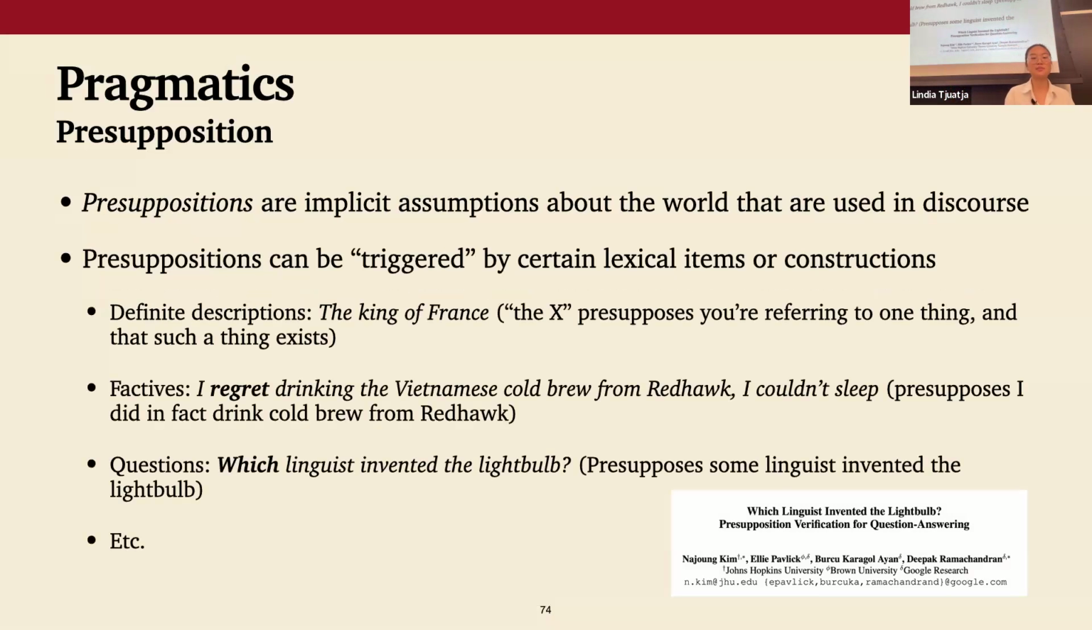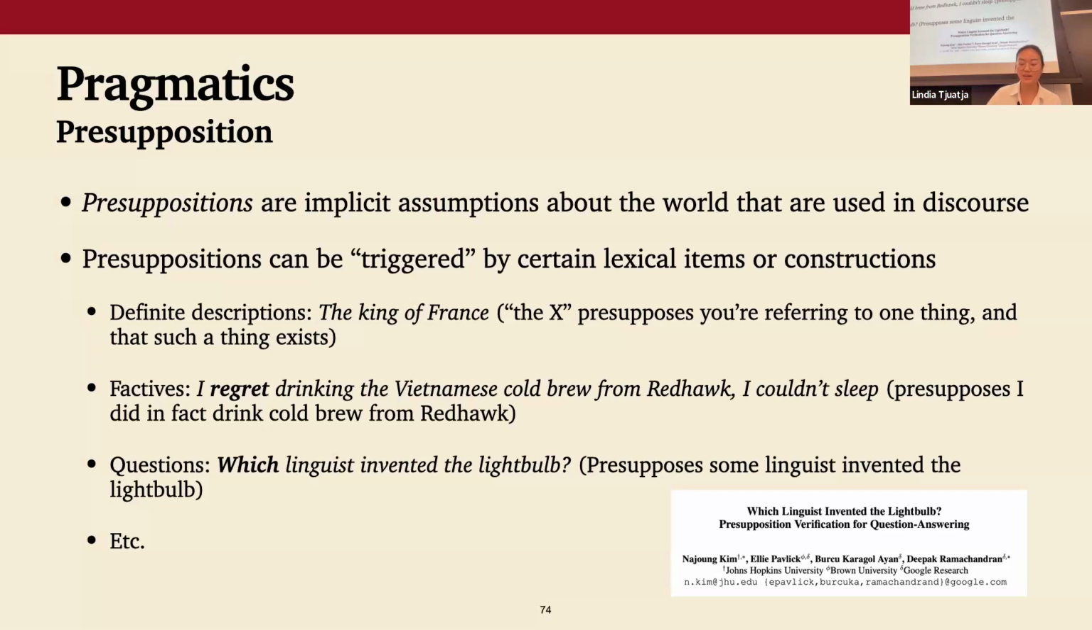So presuppositions can be triggered by certain lexical items or constructions. Some examples of this are definite descriptions, like the current king of France. If I said the current king of France, that presupposes that I'm referring to one thing and that one thing actually exists. But France does not have a king at the moment, so saying the current king of France has a false presupposition. Another thing is factives, where when you use certain verbs, you're relaying the